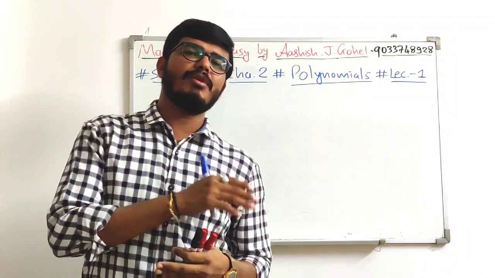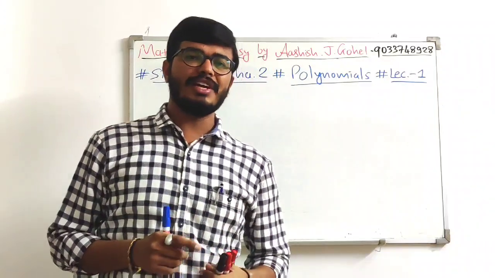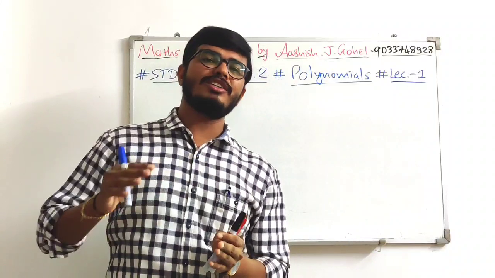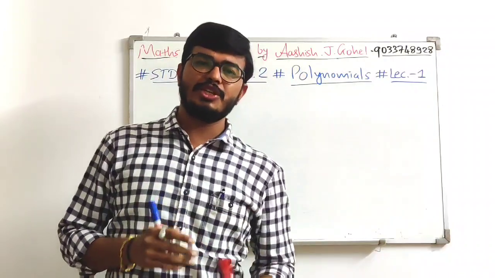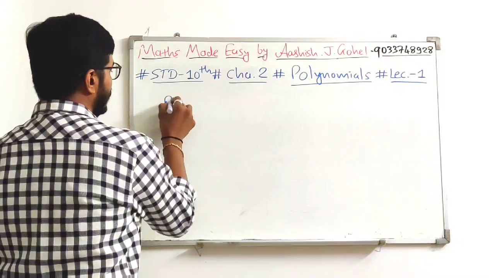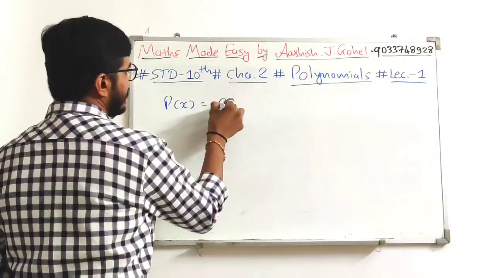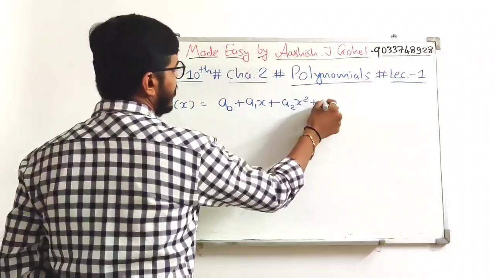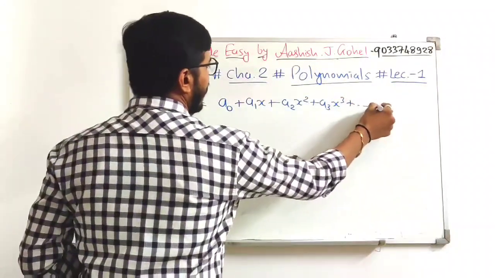Actually, we have come across a number of equations containing x, containing x square, containing x cube. So all these terms and equations are said to be polynomials, and the general form of the polynomial is like this: p of x is equal to a0 plus a1x plus a2x square plus a3x cube,